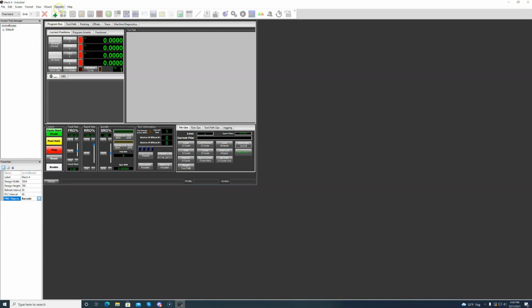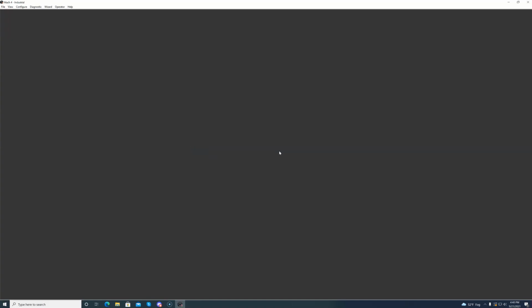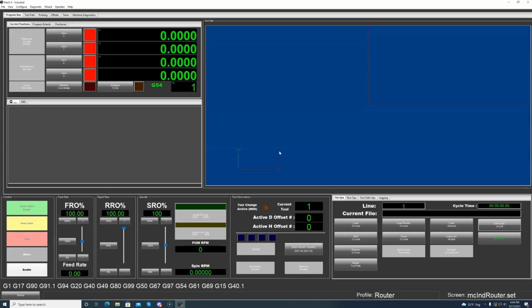Next we will need to go back up to Operator and then Edit Screen. This will close us out of the screen editor and will prompt you to save. It is always a good idea to save. Now let's check to see if our scanner COM number is going to match in both Lua scripts, so let's open that up. We will need to go into Operator, then Open Script Editor.